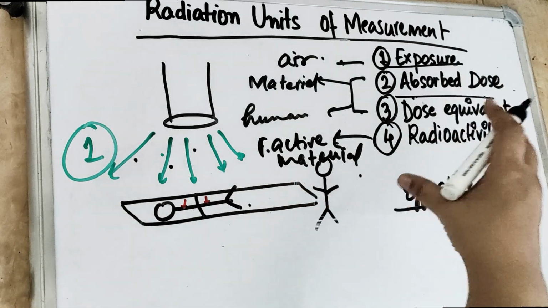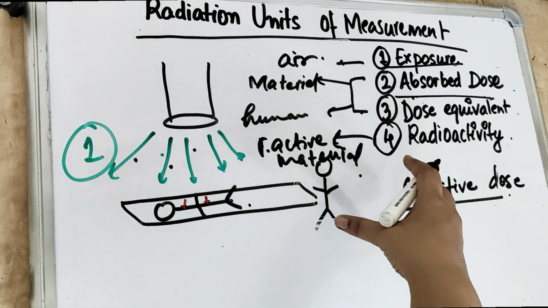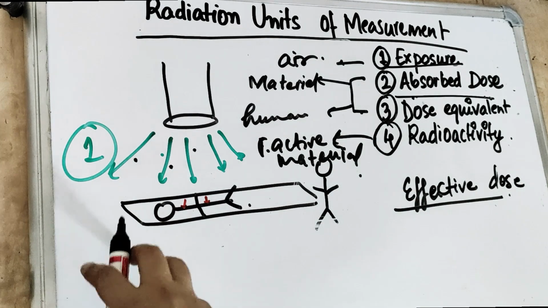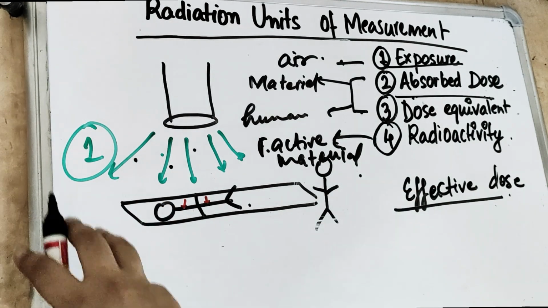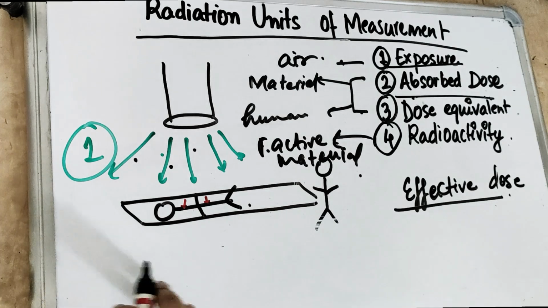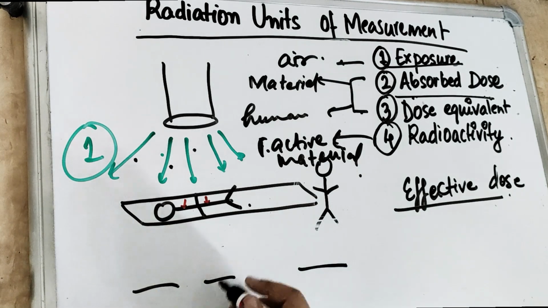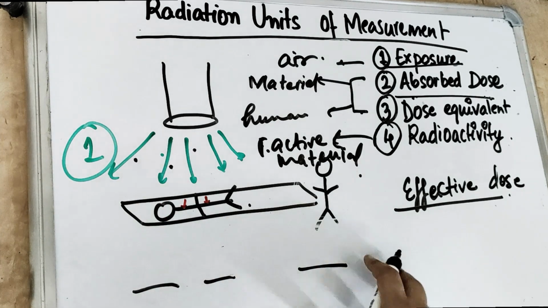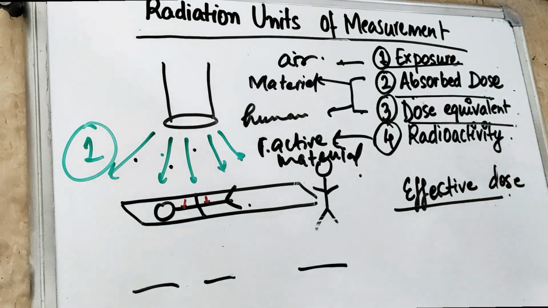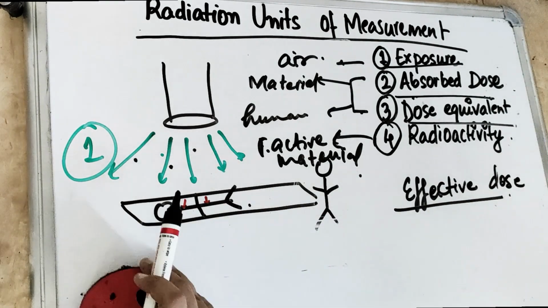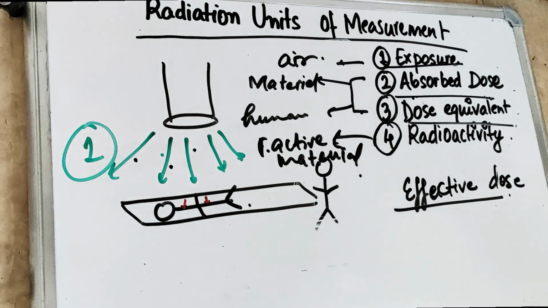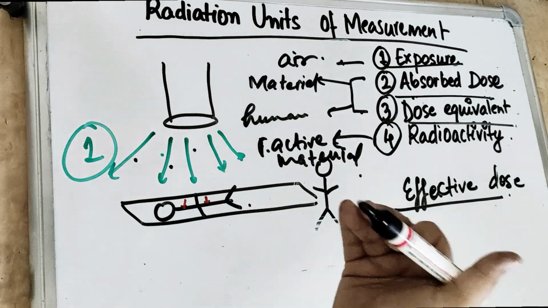So this dose equivalent unit is used to compare the biological effect of radiation exposure, and different types of radiation exposure we are going to study. Like this kind of radiation exposure is causing this much effect. In the next video on biological effects we are going to cover that this much sievert will cause this effect on the body, this much radiation up to this period of time will cause this effect. So that is our dose equivalent. That means any dose which is going to make some changes on the body is our dose equivalent.